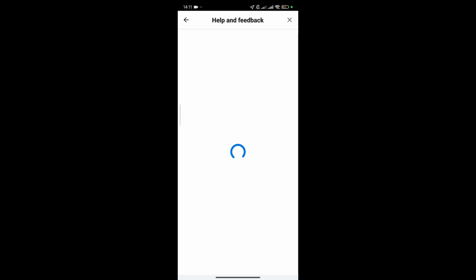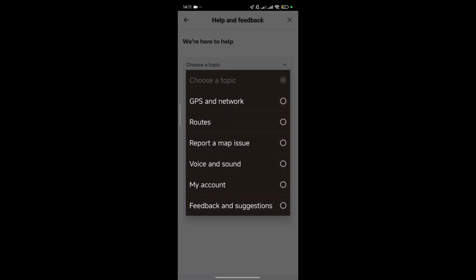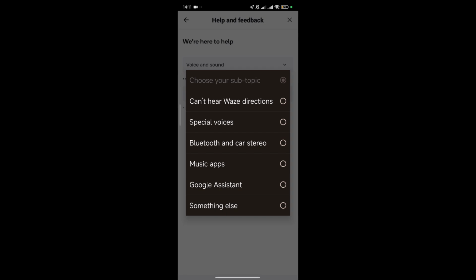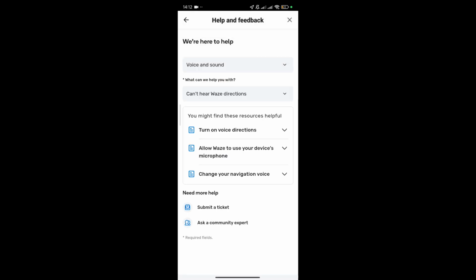And now once you're there, there should be a drop down box. So choose a topic, and now since we want to fix voice and sound, just simply select voice and sound right here. Now once you've done it, just simply select your subtopic, and that is what you're suffering with. So maybe Google Assistant, music apps, and much more. Now once you've found it, you can just simply select these resources, and if it still doesn't help, just simply